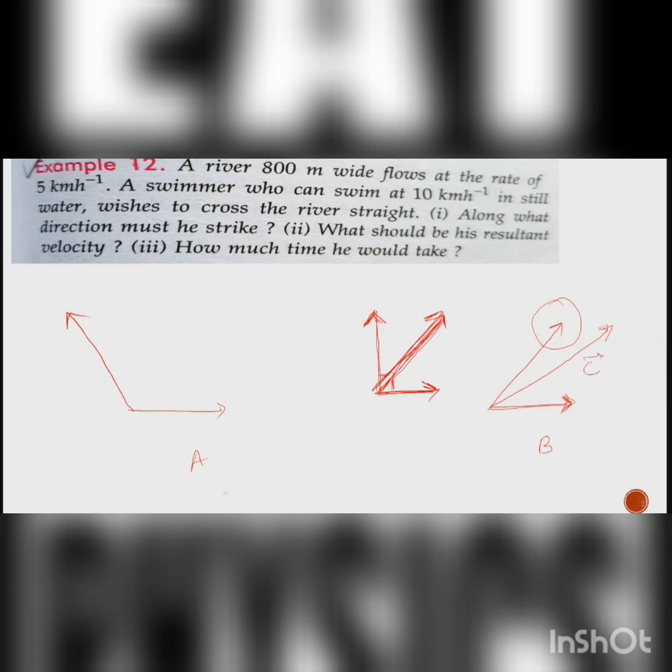रिवर उस पे अपनी वेलोसिटी सुपर इम्पोज करेगी तो what would be the end result? End resultant velocity would be somewhere here, this would be the resultant velocity. Whereas if he strikes out somewhere along, let's call it OA and this along the OB direction, if he strikes along the OB direction, then velocity of river उस पे strike करेगी तो he can actually cross it straight. ठीक है, ताकि जब velocity of water उस पे सुपर इम्पोज हो तो end result क्या होगा? It would be along the same direction.